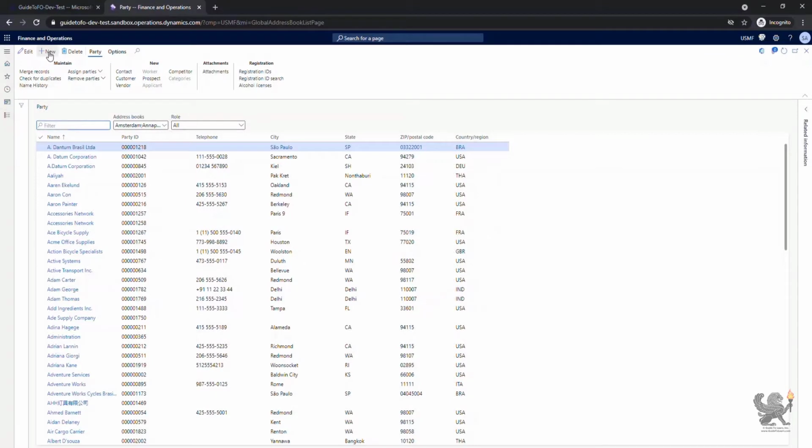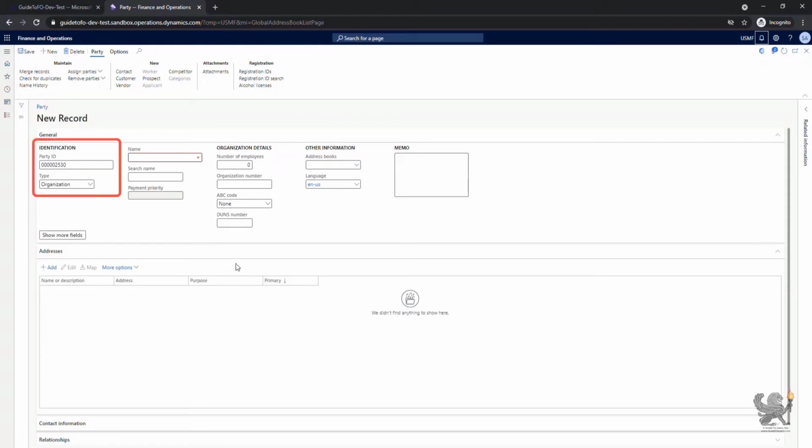For this demonstration, I click New in order to create a brand new party in my global address book. As you notice, depending on the number sequence settings, the party ID has been automatically assigned. And from the drop-down of the party type, I can select either an organization or a person to be the